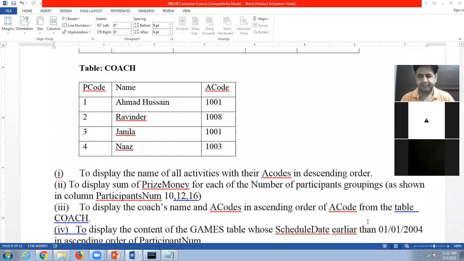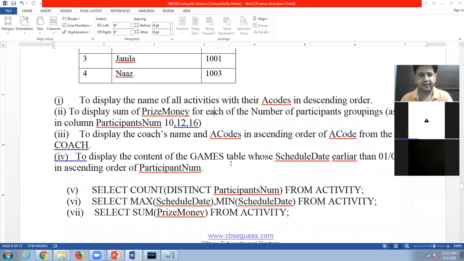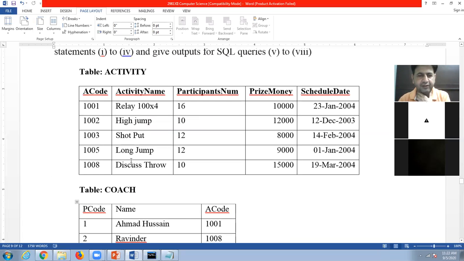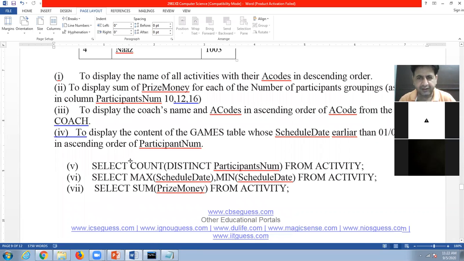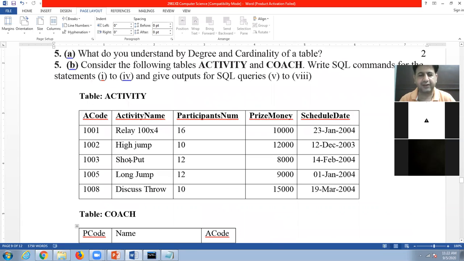Next is to display the contents of the game table whose schedule date is... okay beta, they want to display all the contents of the table games. Remember beta, there is no table game here, the table is activity.